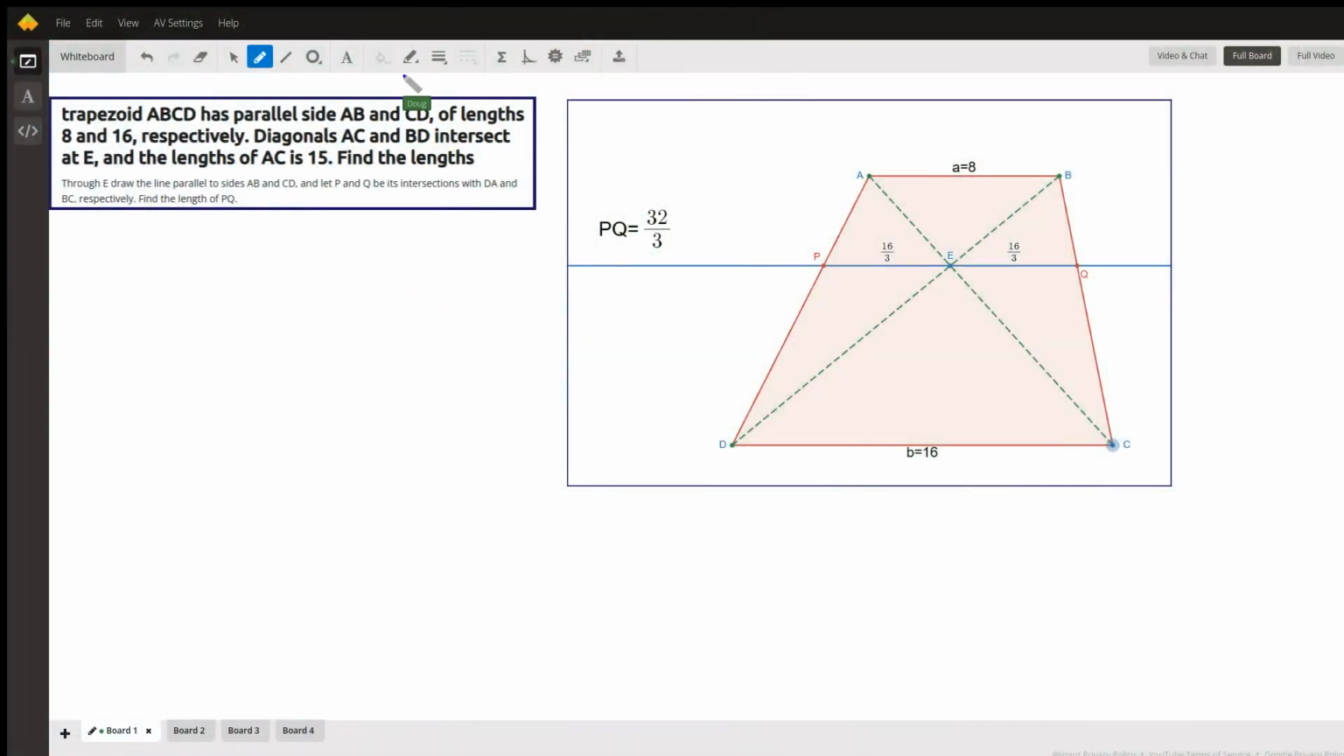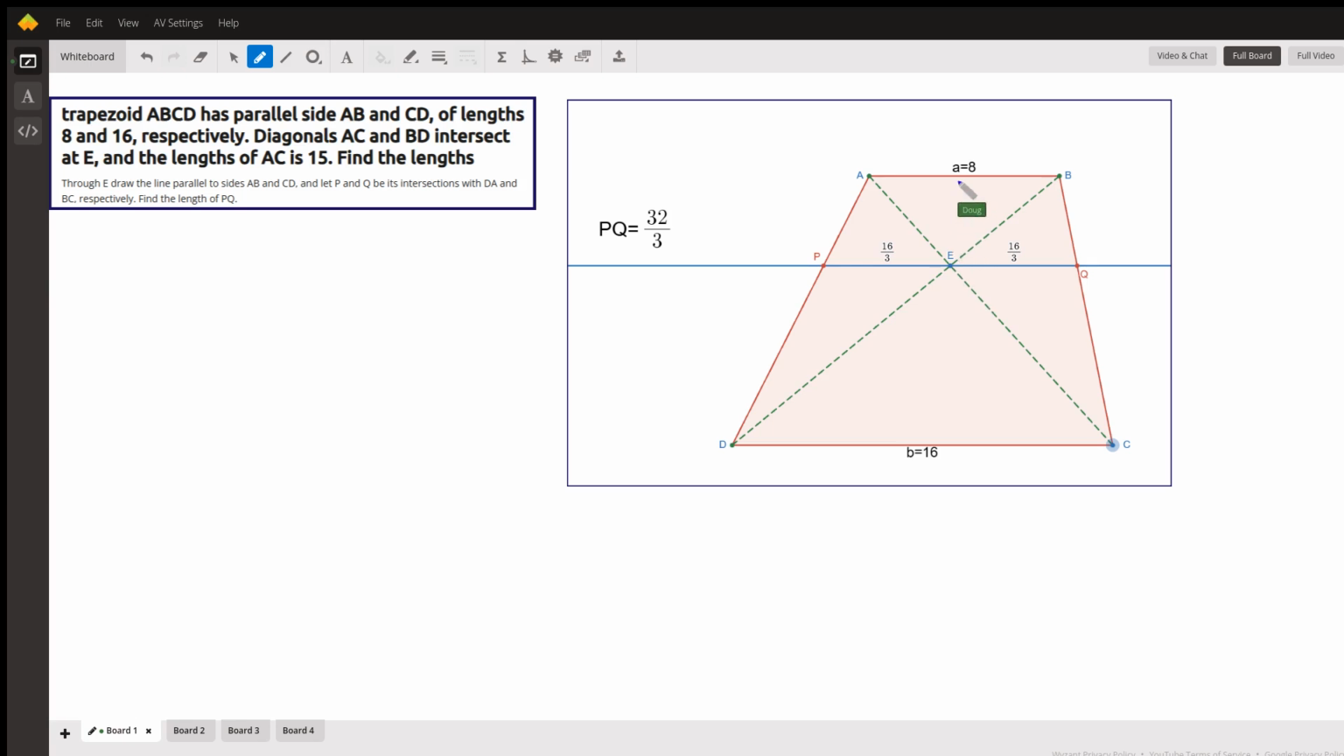Okay, for this problem, we've got trapezoid ABCD, where AB and CD are the two parallel sides. We've got the two diagonals drawn for the trapezoid, and E is their point of intersection. And then we're drawing a line PQ through that point of intersection that is parallel to the two sides for